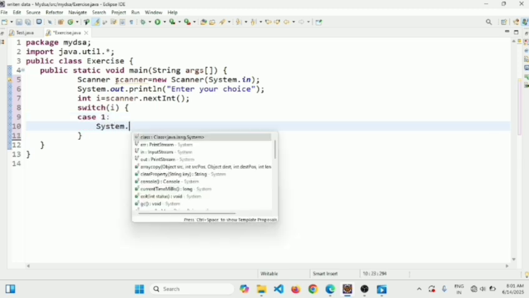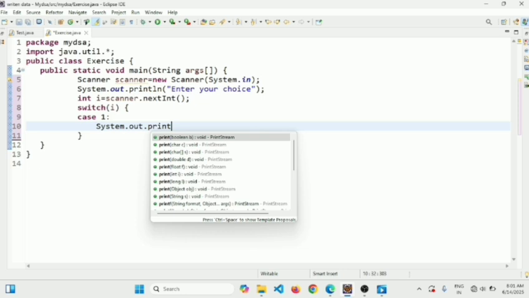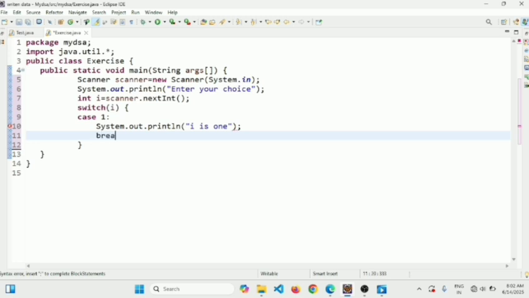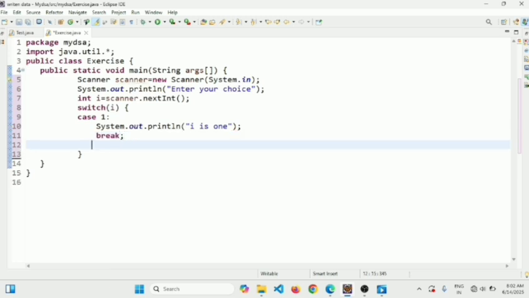Then case 1 will print System.out.println. When you enter 1, this message will print: i is 1. After printing, it will break the execution of the case, and it goes on to the next case which again the user wants to execute. So I'm writing here case 2,